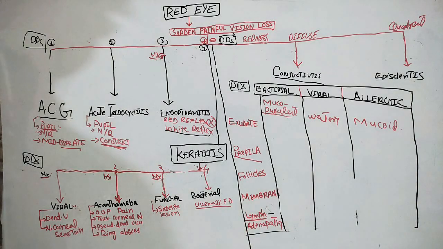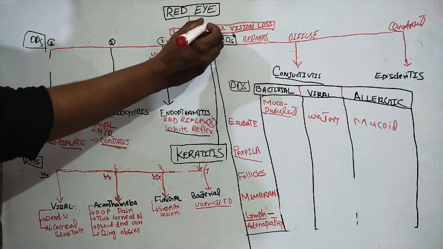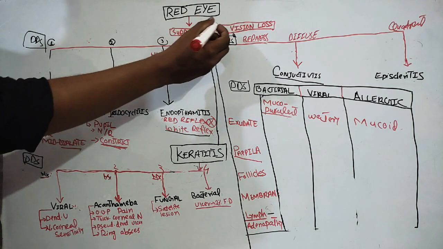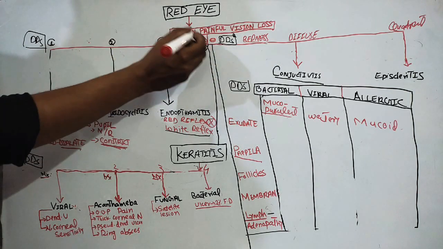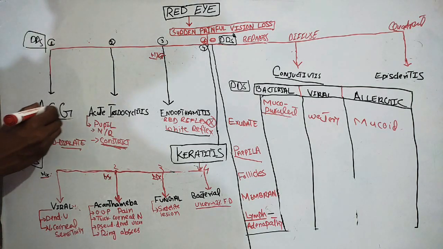Approach to the patient with red eye. When the patient presents to you with red eye, the first question you have to ask is whether it is painful, whether there is painful loss of vision, sudden painful loss of vision or not. If the answer is yes, then first you have to rule out the most dangerous condition, that is acute congestive